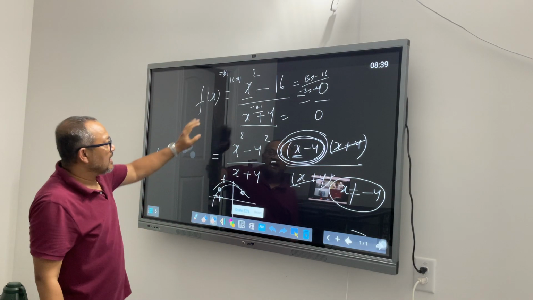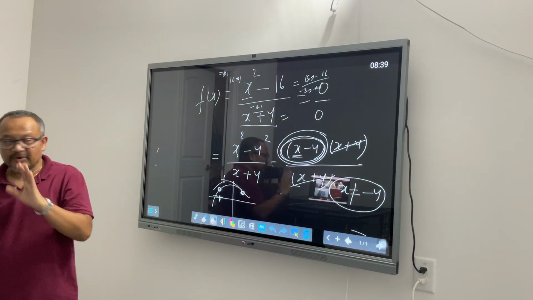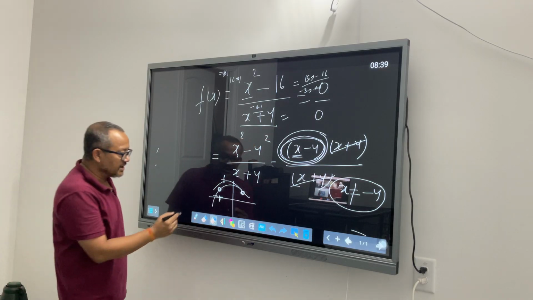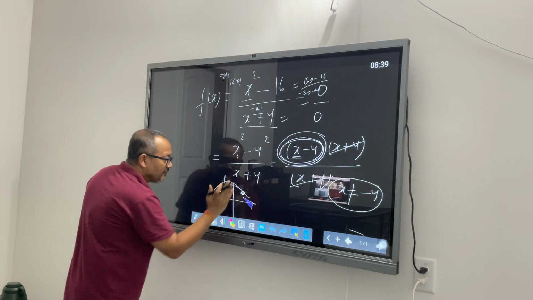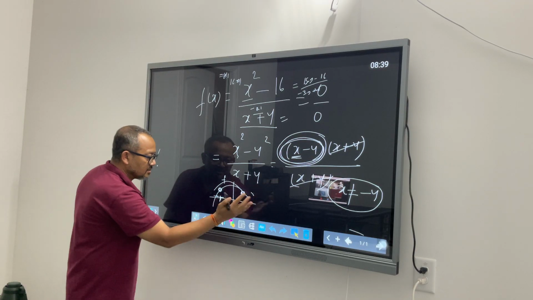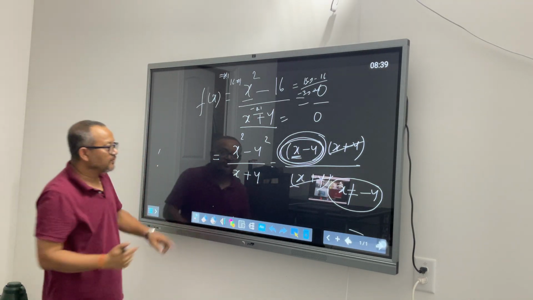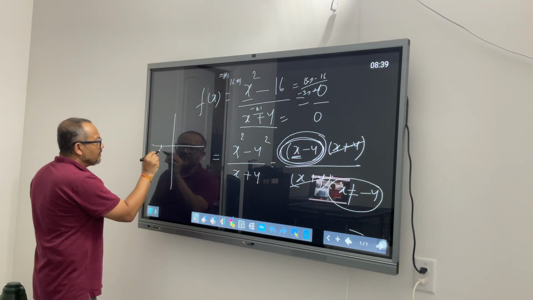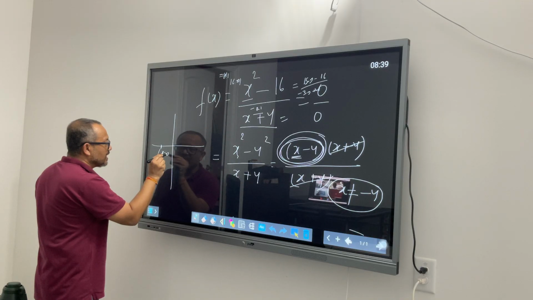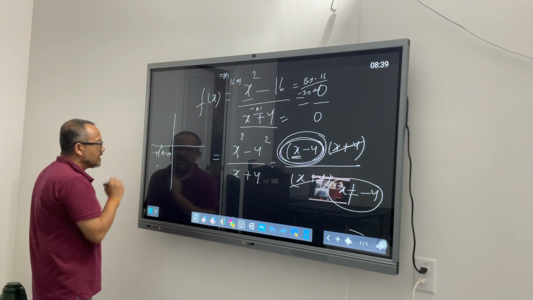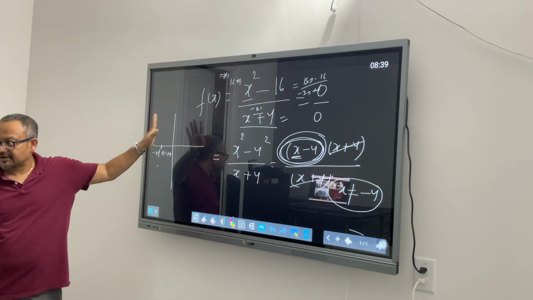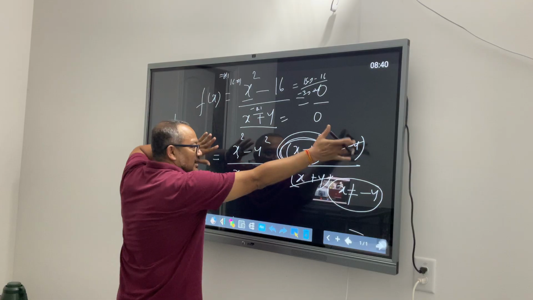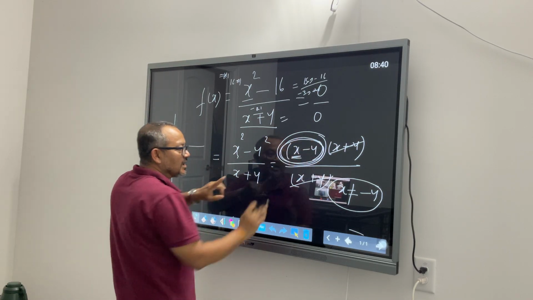So I'm just trying to see. First thing is when x is minus 4, this becomes undefined. That is given. Now we are just trying to see what I am approaching when I approach minus 4 from both the sides. So when my value of x is minus 3.9 or minus 4.1, am I approaching the same point or not? That's what we are trying to say. If I am approaching the same point, then I will just exclude this one and whatever value comes from here, that will be my limit.